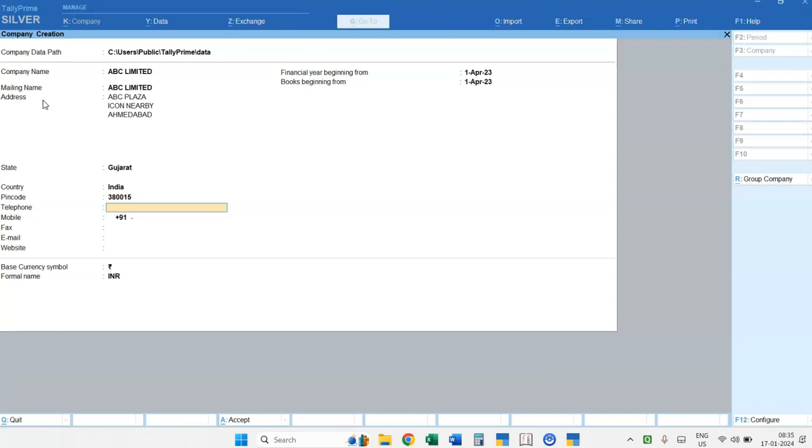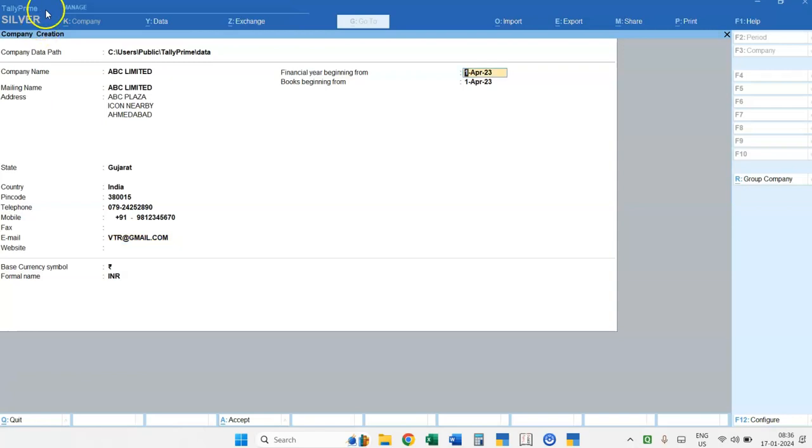Then here you have to write the telephone number. Then your mobile number. Here you can write the email ID. Next thing is you can also write the website name of your company.